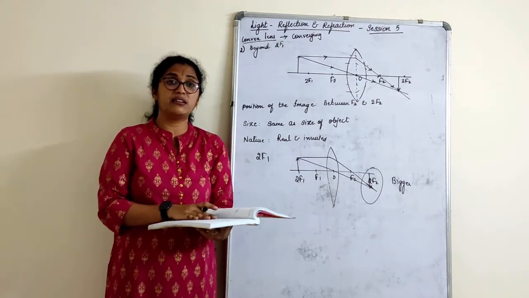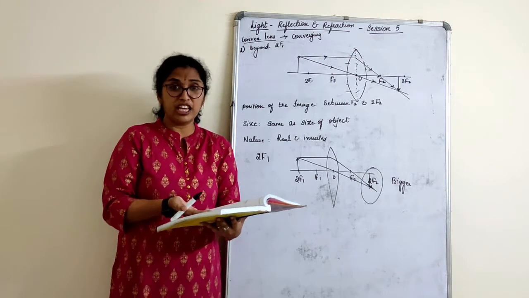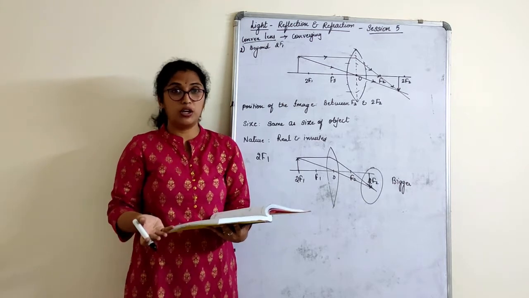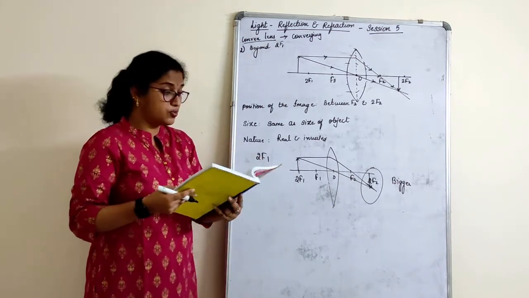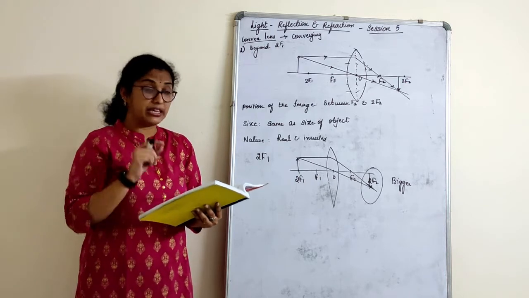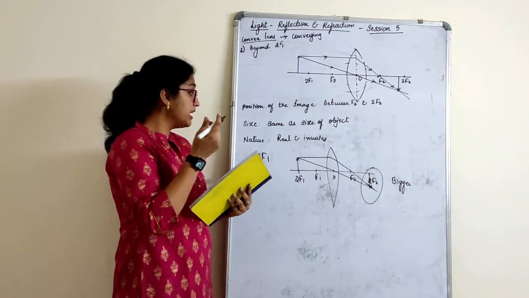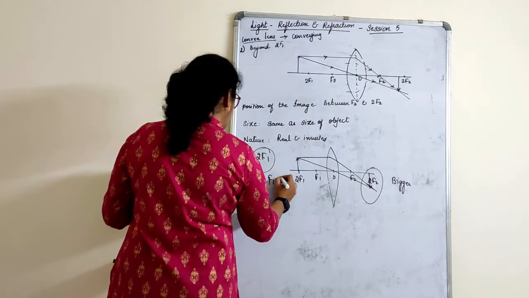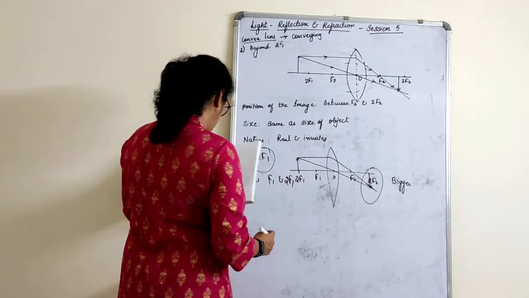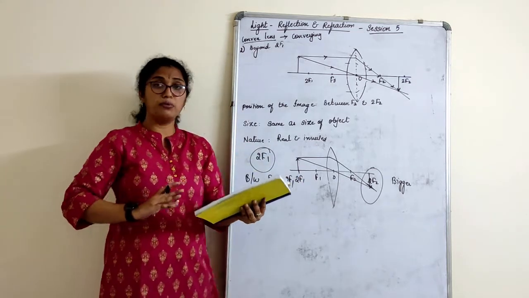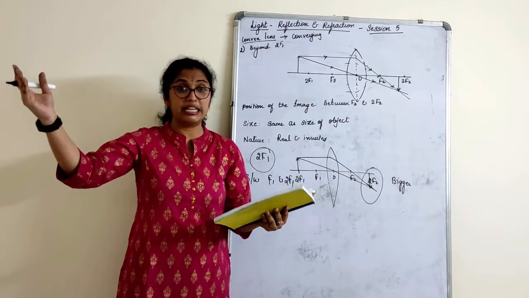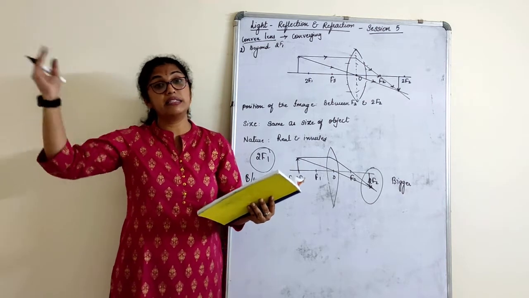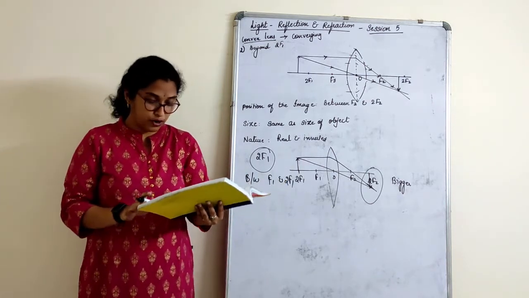That's why, I know it's given here, but still I'm giving it to you as homework, because for clarification you will come to know where the image has to be formed. But the diagram should be done by you all only. So the second part, when the object is kept at 2F1, I'm giving you as homework. The next is when the object is kept between F1 and 2F1. That is also homework. You can see here the image is formed beyond 2F1. It is still highly enlarged. See, first was point size, then the same size, then slightly big, then still slightly big. So these two are marked as homework for you all.